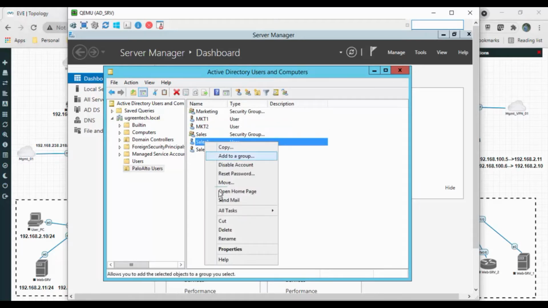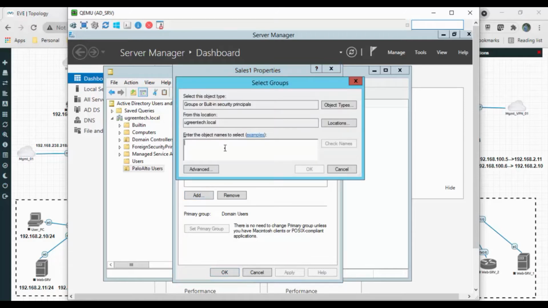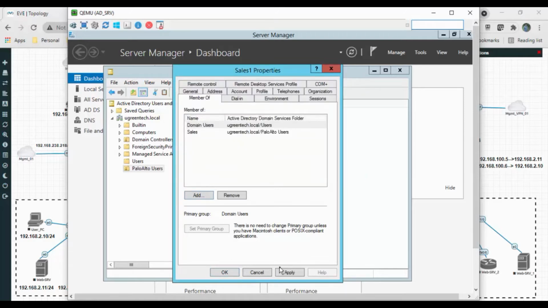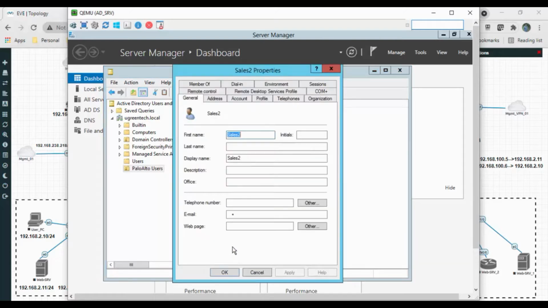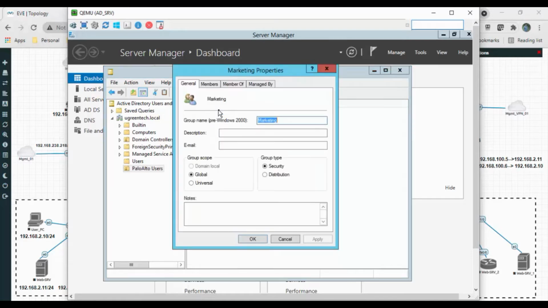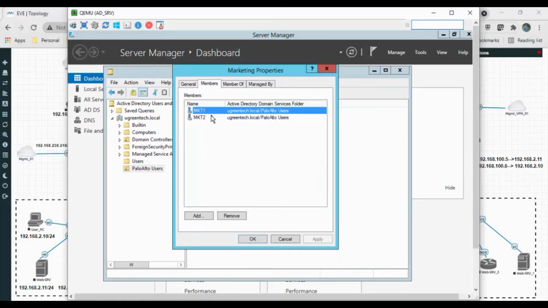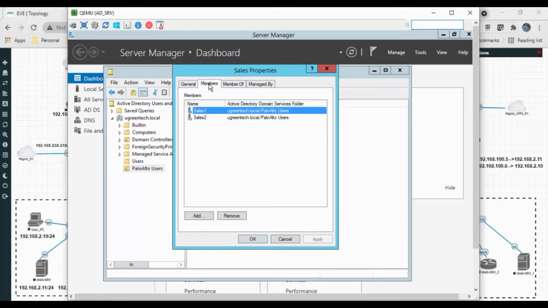Go to the sales properties, member of, add sales, click on OK. Similarly for sales2, properties, member of, click on add sales, click on apply, click on OK. So if you go to the marketing group, we will have two users, marketing 1 and marketing 2. And if you go to the sales group, you'll have members sales 1 and sales 2.